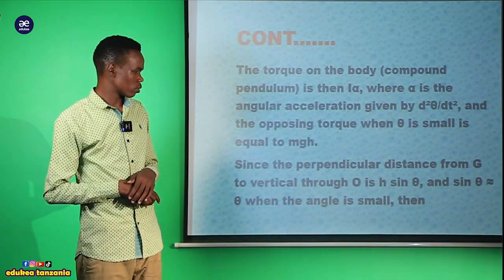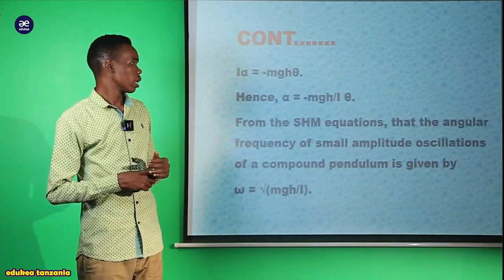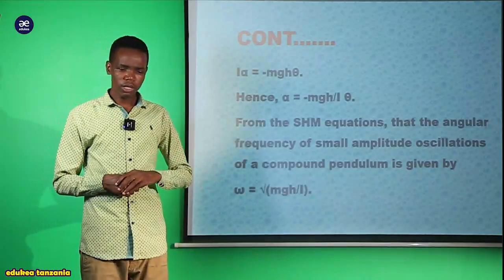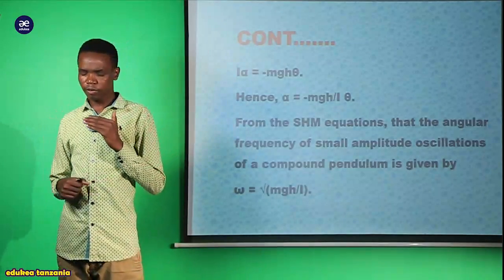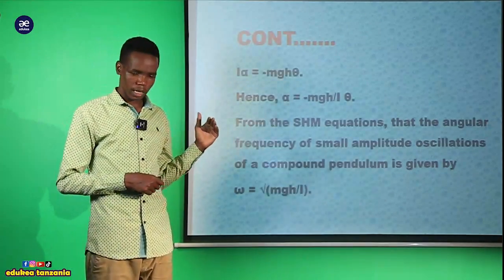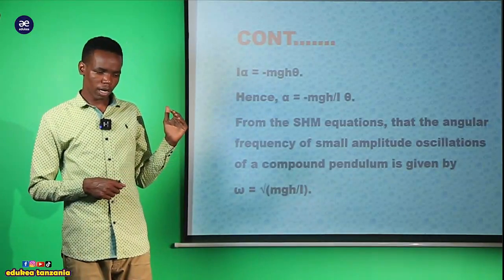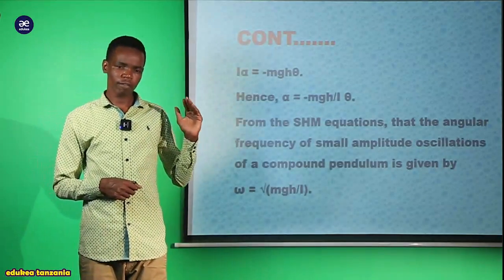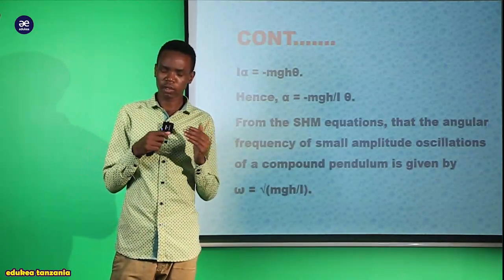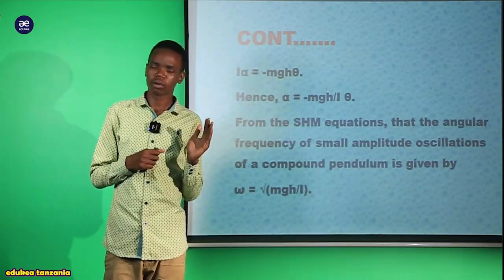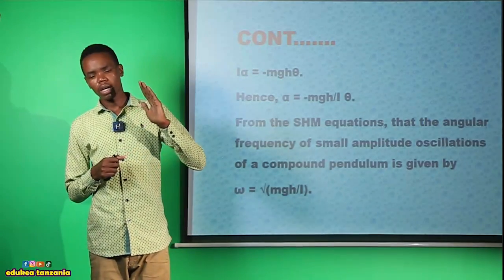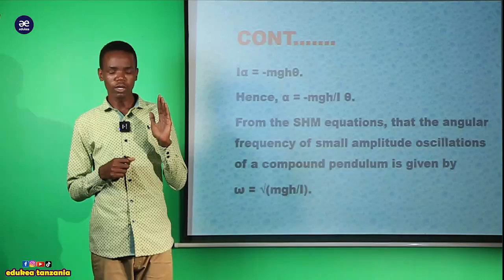This is what we try to observe here. Then we could say that if the angle is very, very small and sin theta approximates theta, now we could say that the torque, as we know,